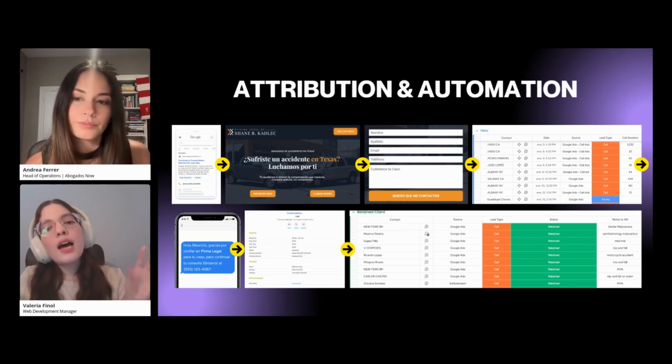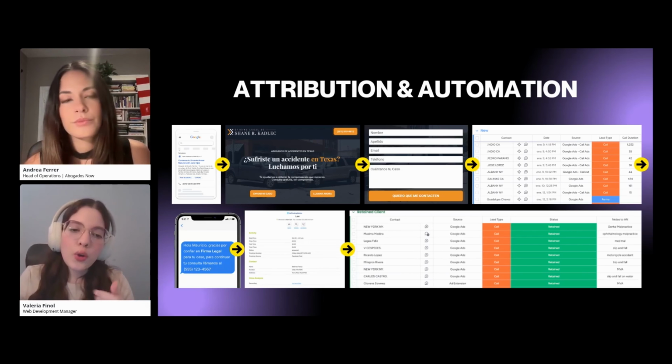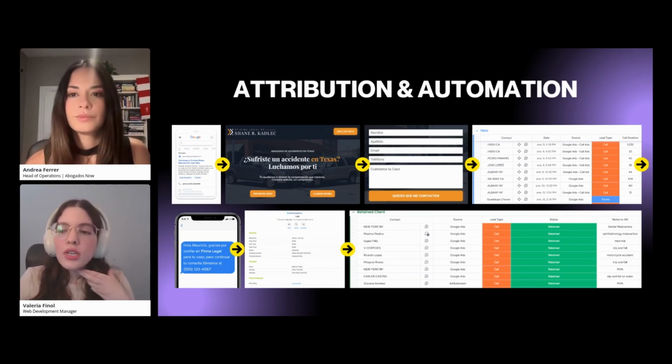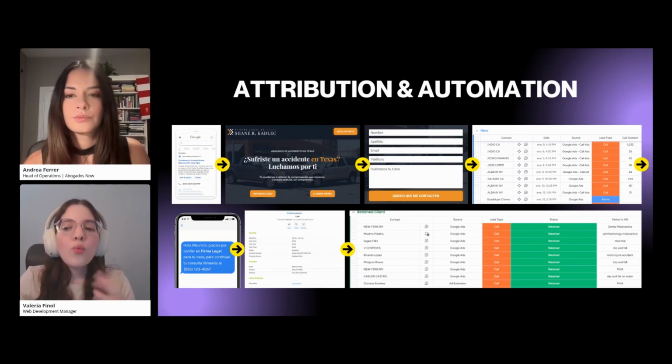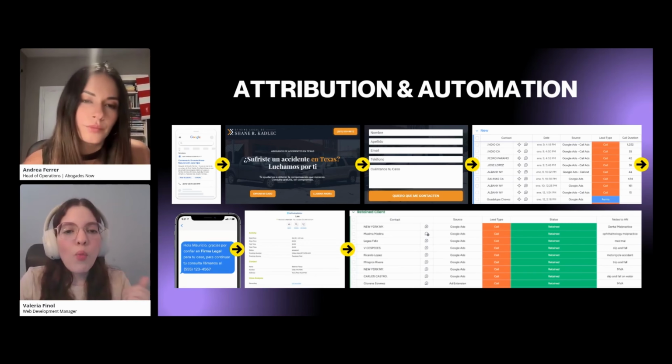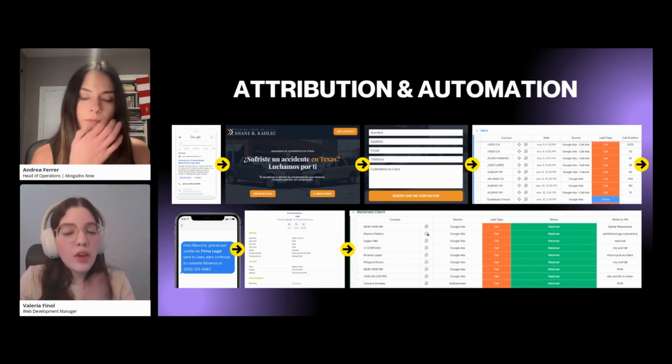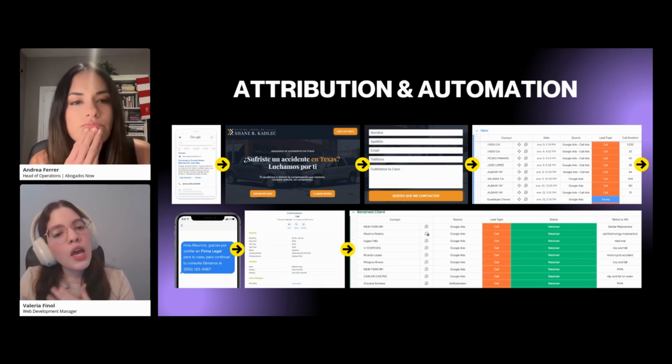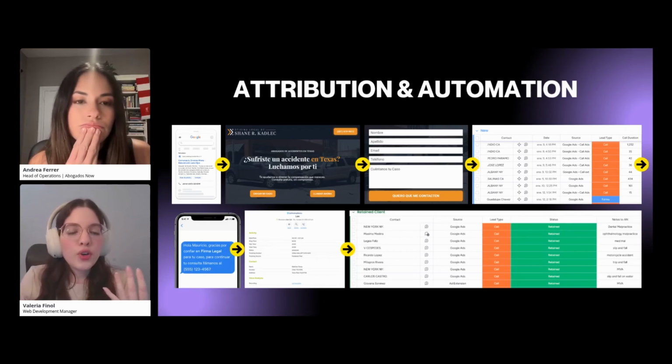So that's where attribution and automation come in. Attribution is what's going to tell you where the lead came from, what's working, and this helps you improve your ads performance, everything. And automation makes the experience for the user feel instant and professional.